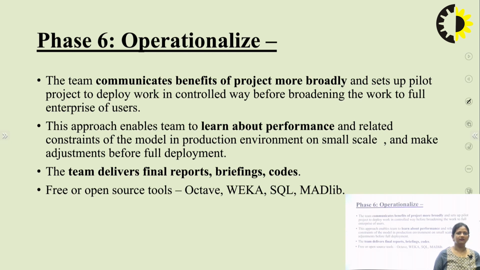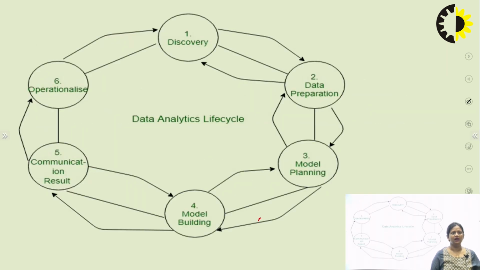So these are the various stages of the data analytics life cycle. In the discovery phase, we have to discover our data. In the preparation phase, we prepare our data for the planning model and check what various sources are available for the data we will plan with. In the model building phase, we build a data set according to the planning we did in the previous stage. And then in the communication result phase, we compare our model with the success and failure rate.